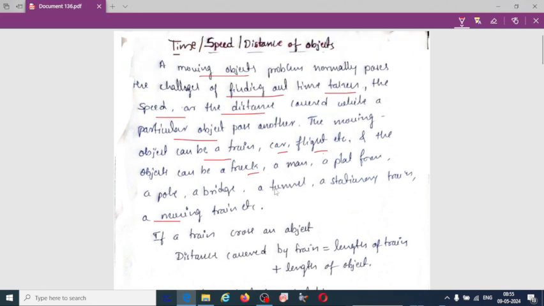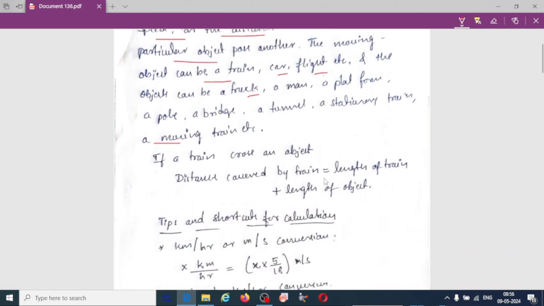If you want to measure these parameters, then you can take moving objects like train, flight, or any one of them, with respect to a stationary object,